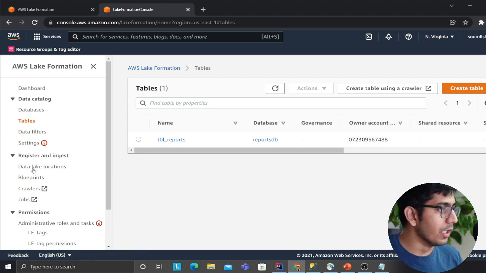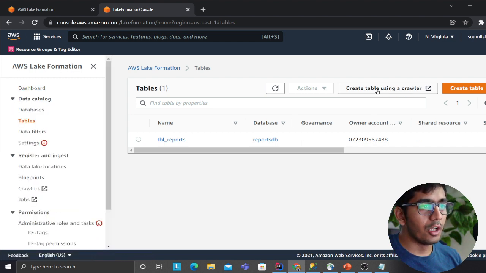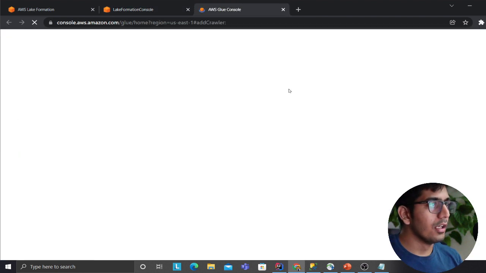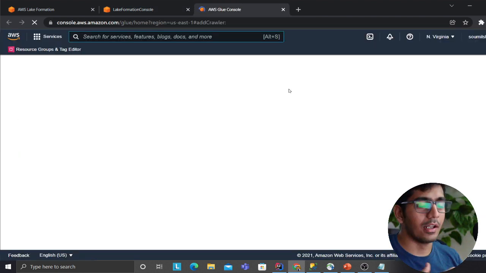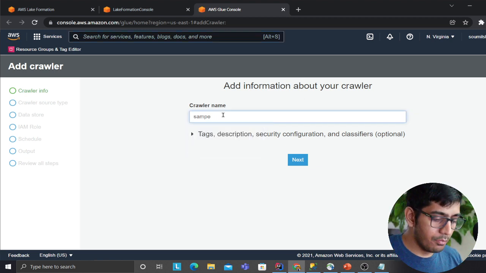In order to do that, you need something called a catalog, which means we need to crawl over that data, right? So what we will do is click on this button, create table using a crawler. This is essentially a Glue crawler. They are just redirecting to the Glue console now. So let's put a name, let's say sample